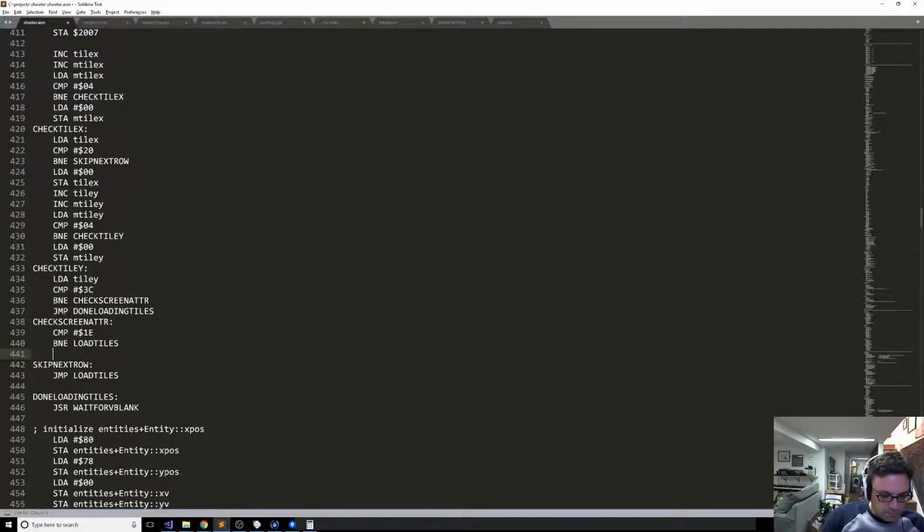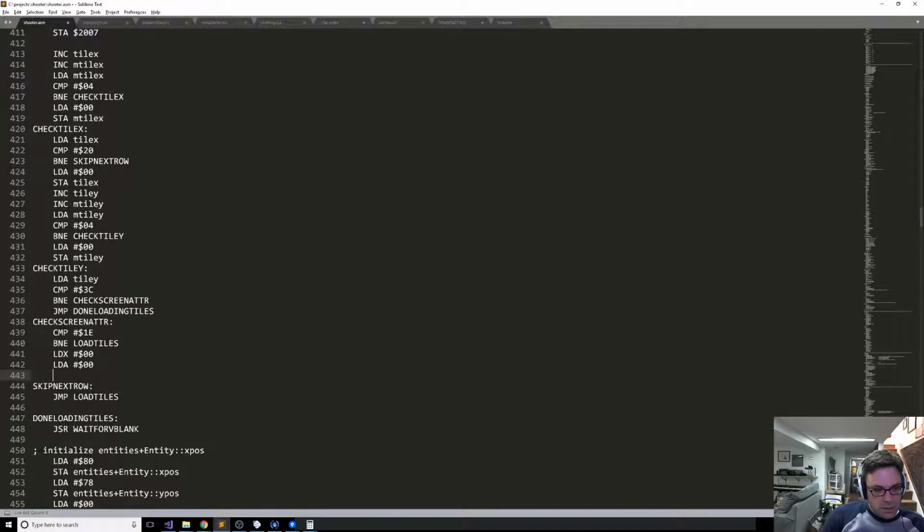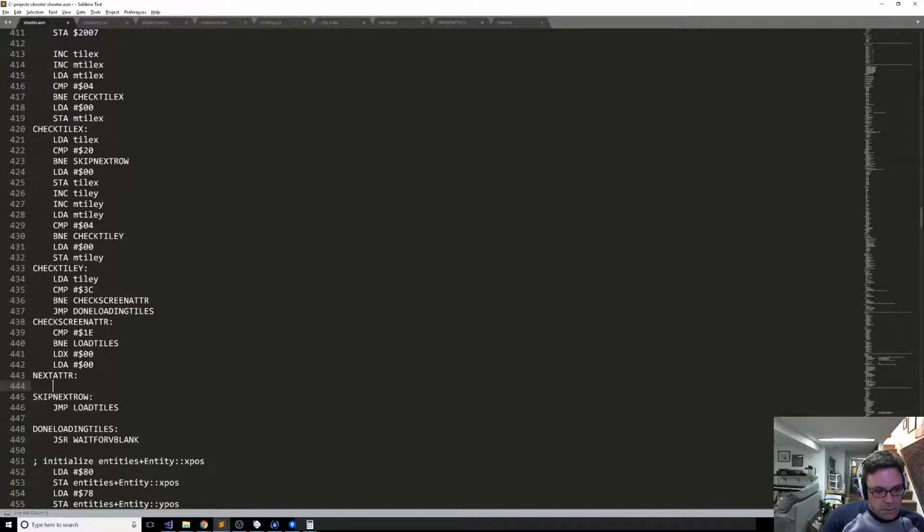currently setting anywhere or storing anywhere. So what I basically want to do is load X with 0, and then load A with 0, and then next adder, basically,